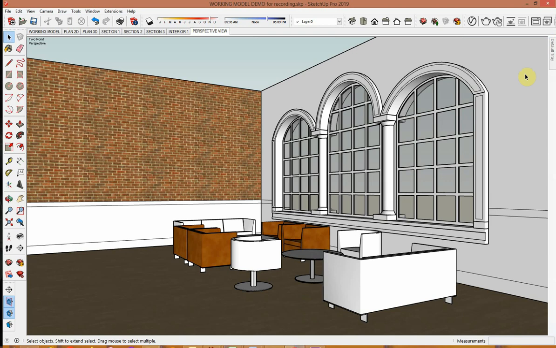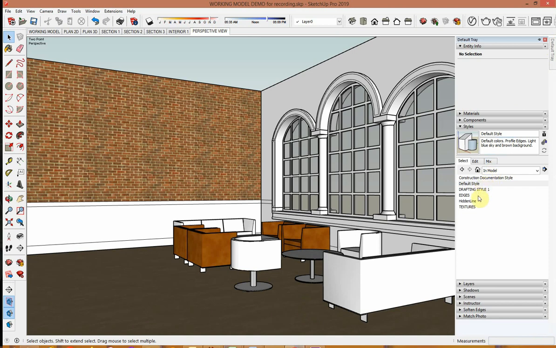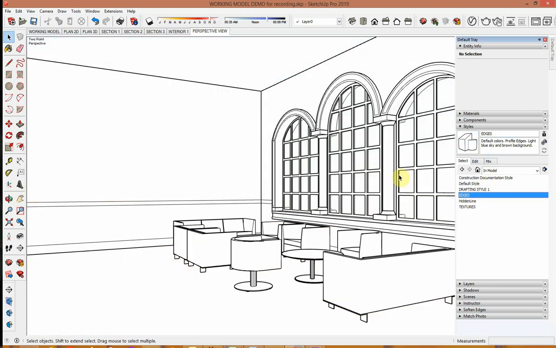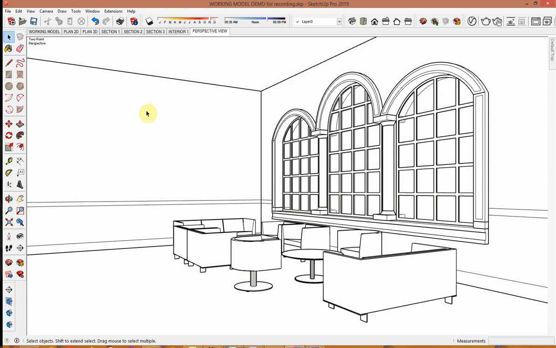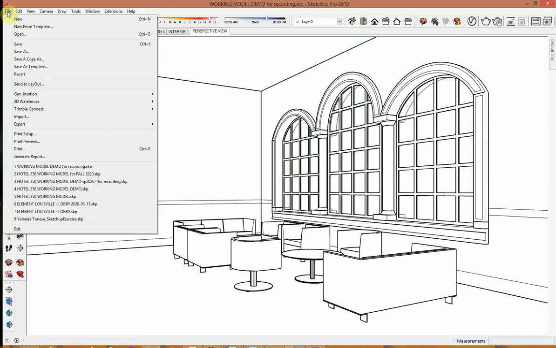And first we're going to start with the edges style. I'll open it again here, and go to the edges style. I'm going to collapse again. And now only the line work in my model is visible. And from here, we're going to export this scene. I'll go up to File, Export, 2D Graphic,